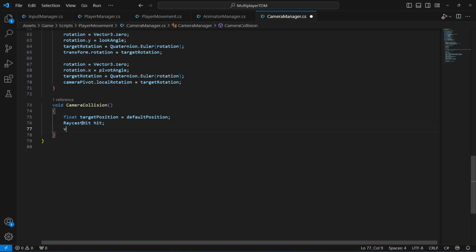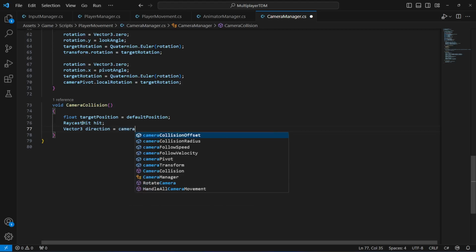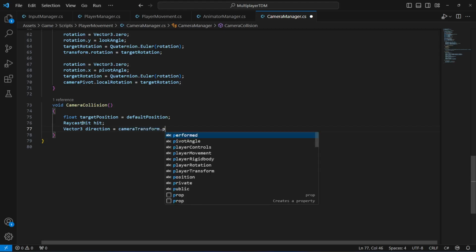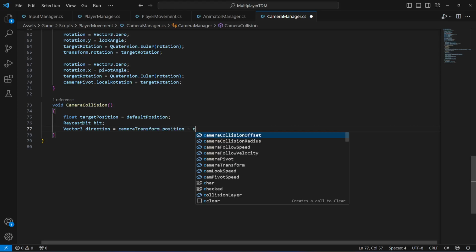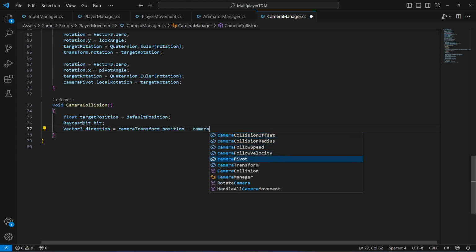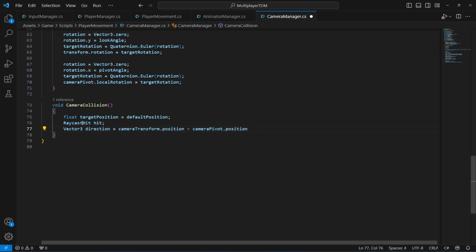Okay, so now let's create a vector 3 by the name of direction, and let's get the camera transform dot position minus camera pivot dot position. Okay, then we're gonna say direction dot normalize in order to make this, as the name suggests, normalized. Okay, now